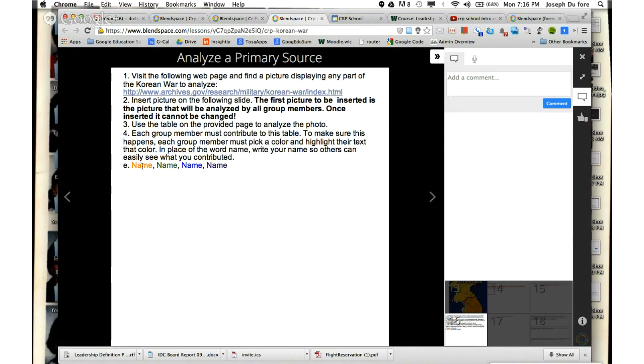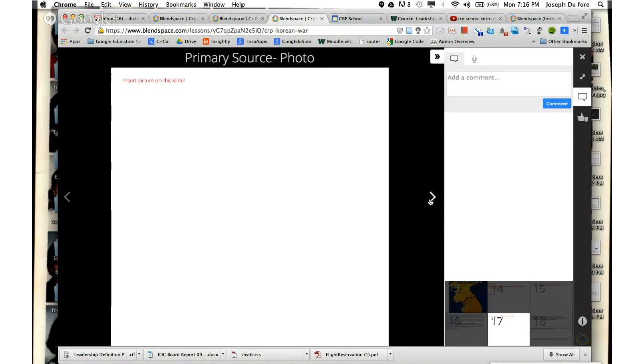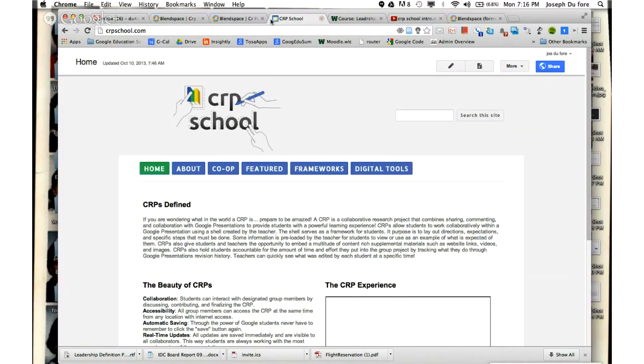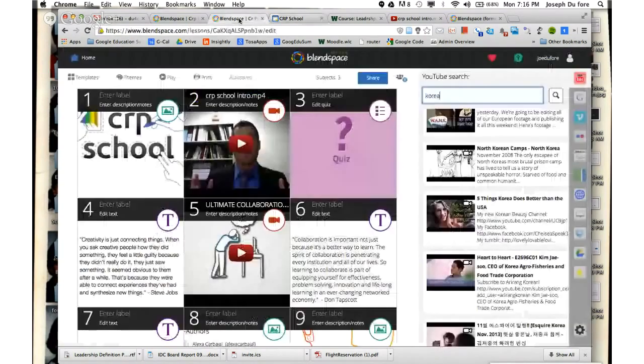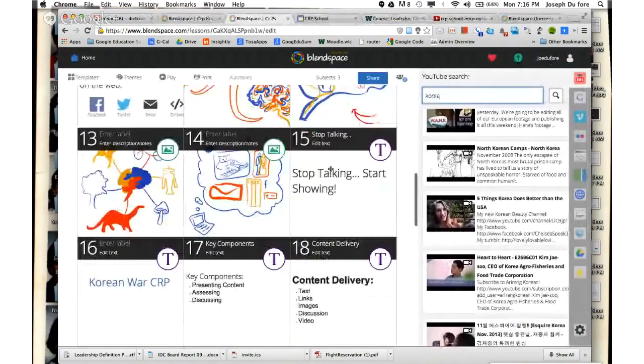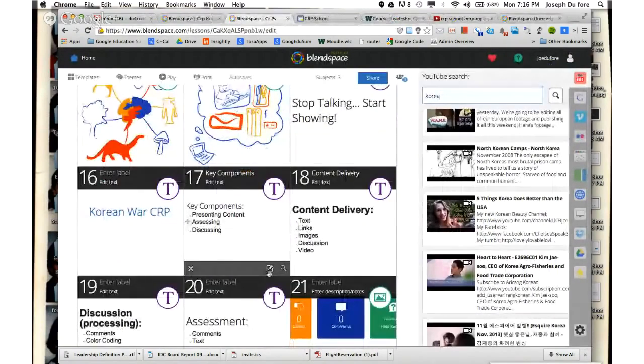And now each student has to create their own tile or their own slide in Blendspace and color code it with their name and their primary resource. I think that you're basically getting the idea of how powerful this whole collaborative and research connectedness can truly be within Blendspace. And I'm going to jump back a little bit just to go over some of the key points